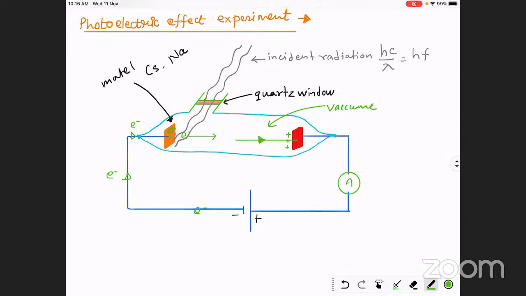Now, one very important observation, bacho. If I increase energy of incident radiation, if I increase frequency and if I decrease wavelength, देखो वेवलेंथ कम करेंगे तो भी एनर्जी बढ़ेगी क्योंकि एनर्जी इज इनवर्सली प्रोपोर्शनल टू वेवलेंथ, और फ्रीक्वेंसी बढ़ाएंगे तो भी एनर्जी बढ़ेगी. Understood बच्चों? If we increase frequency, energy of incident radiation will increase. So if we increase energy of incident radiation, what will happen? Will you get more current? What do you think?